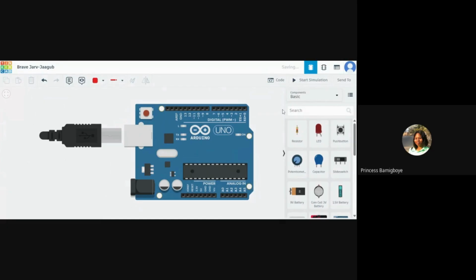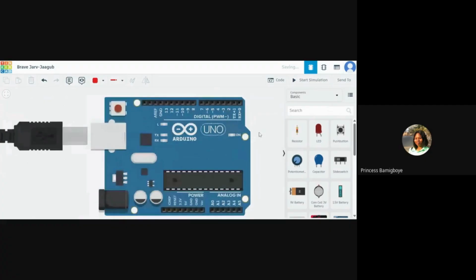So the digital pins, as you can see, are these numbered holes on the Arduino. Those are the digital pins.